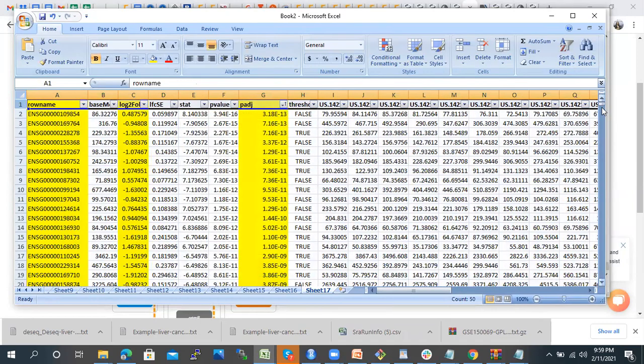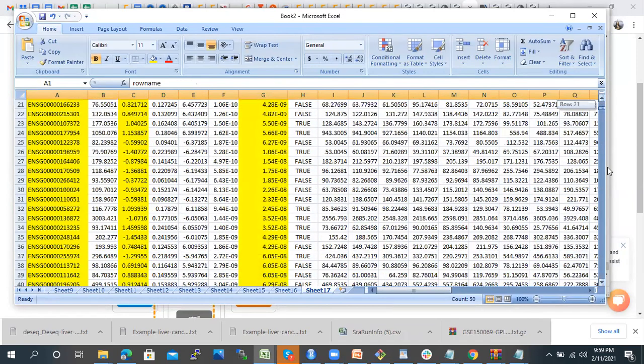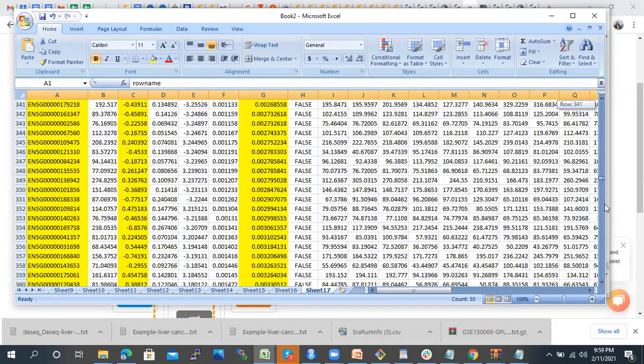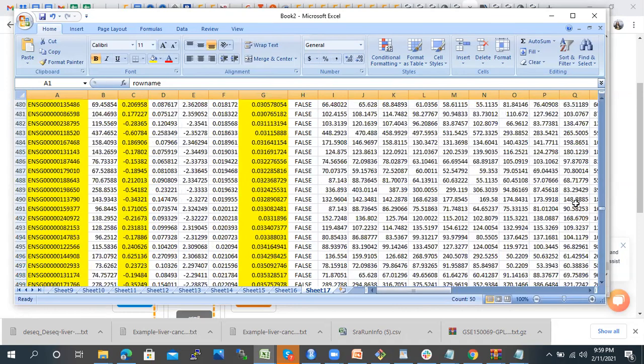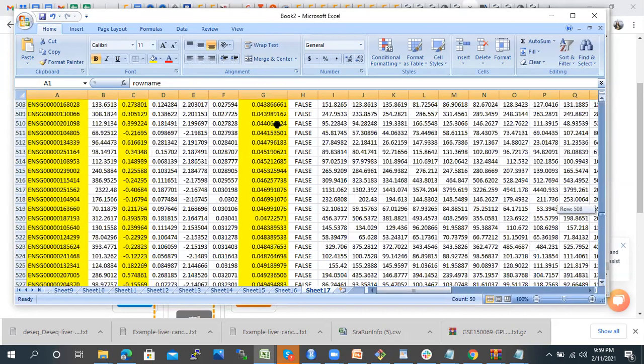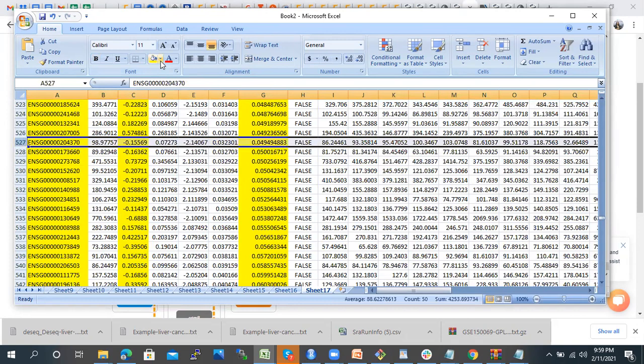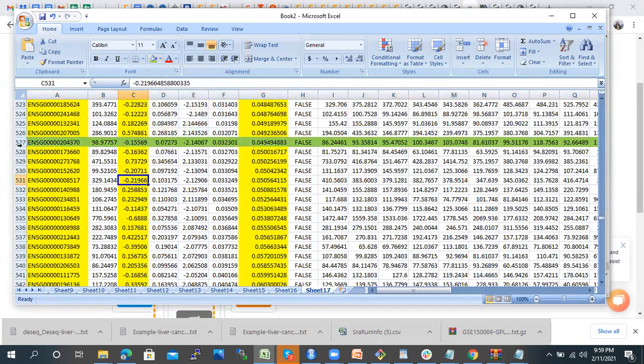So now you can actually find the important genes that have a significant p-value of less than 0.05, and you can select only those genes. For example, in this case, I'm looking at a P adjusted value less than 0.05. So till this column, I can mark it green.